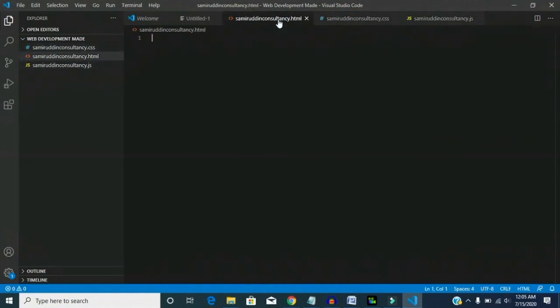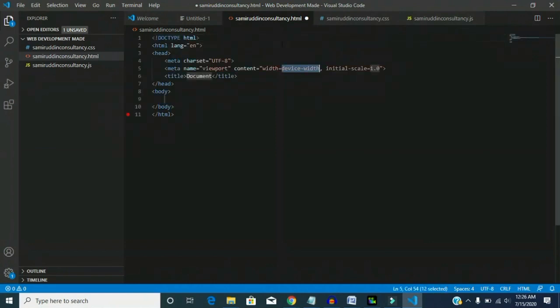So let's get to know a little bit more about VS Code. I want to tell you something in short. As soon as you write an exclamation mark here, an Emmet abbreviation will be shown here. As soon as you click on it, you will get a basic HTML code, which is also called the basic boilerplate. You can also create your own website by editing it.